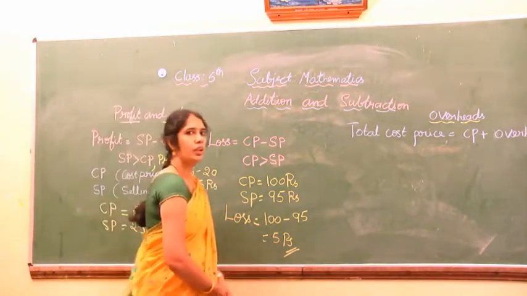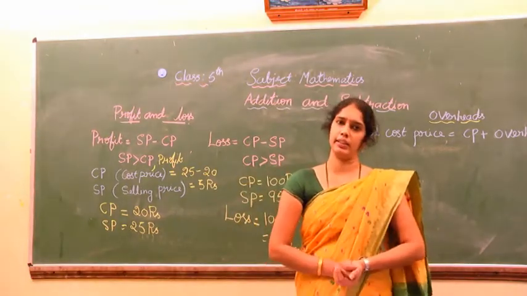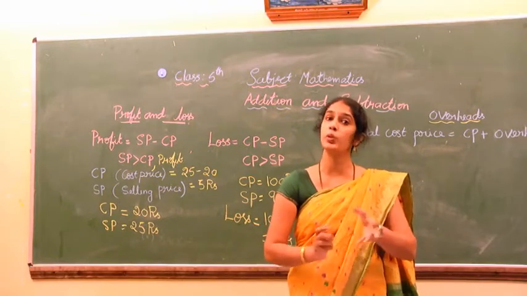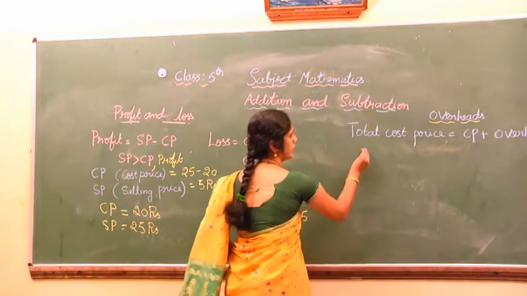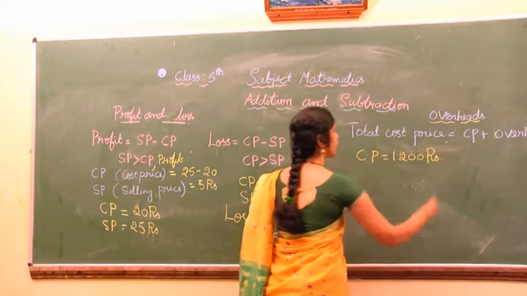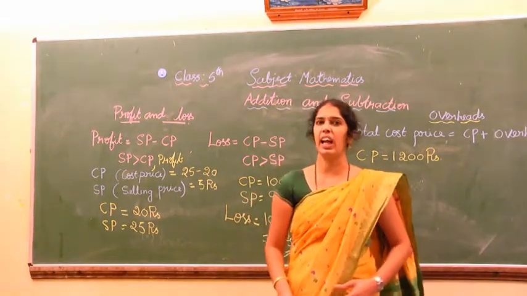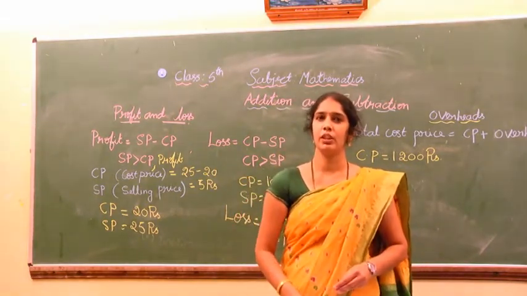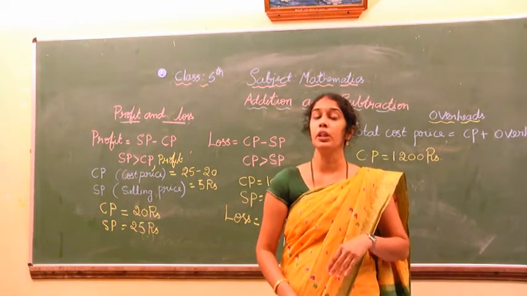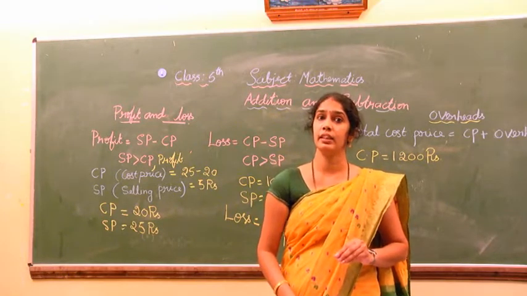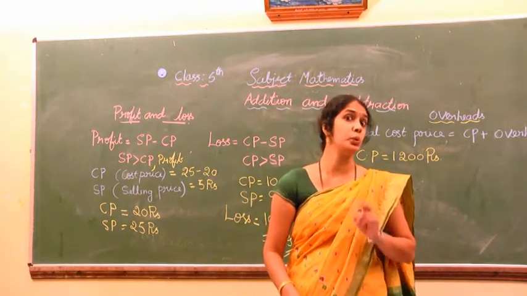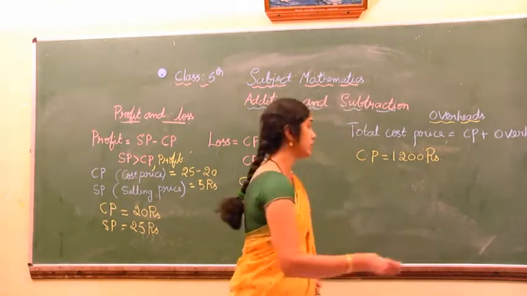And next, you will buy a second-hand cycle. The cost of that second-hand cycle is 1200 rupees. Afterwards, it has some problem. You have to change the wheel of the cycle. Then you will give it for repair. Then how much will you spend for repairing? 200 rupees. You spend 200 rupees.